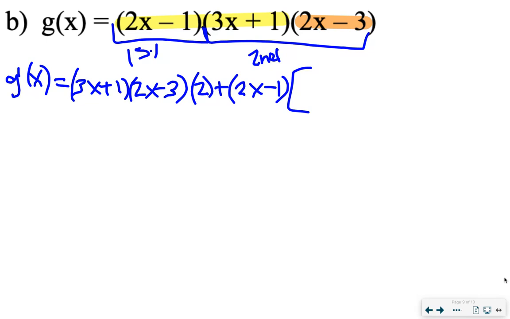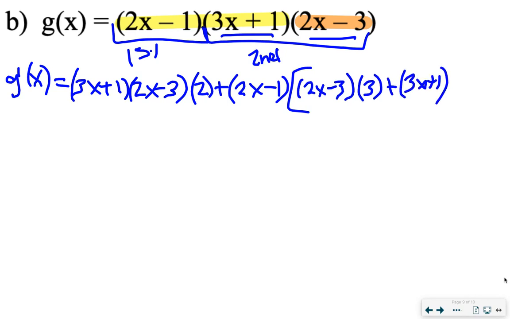So my second and my first of my second function there: I'm going to have 2x minus 3 second d first, plus my first d second. Awesome. Again, you can go through and simplify this,